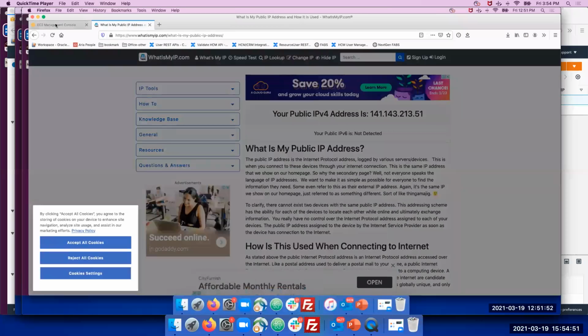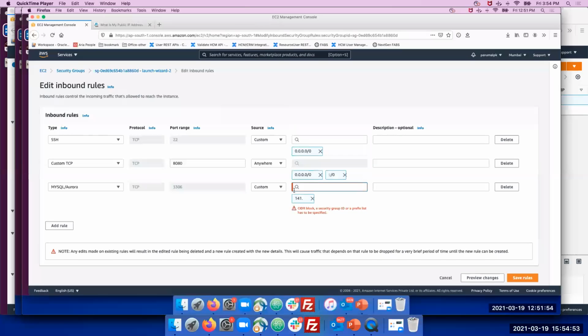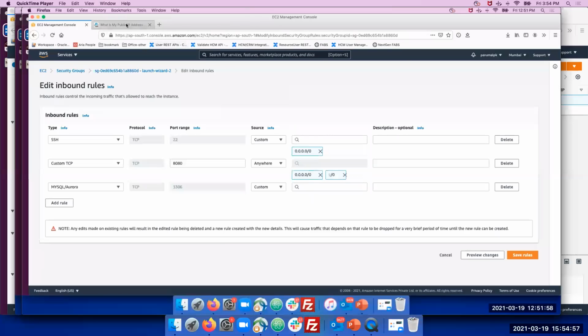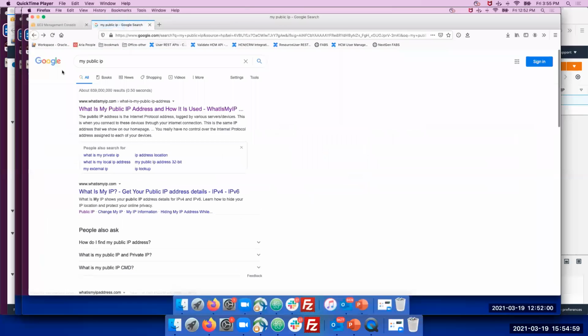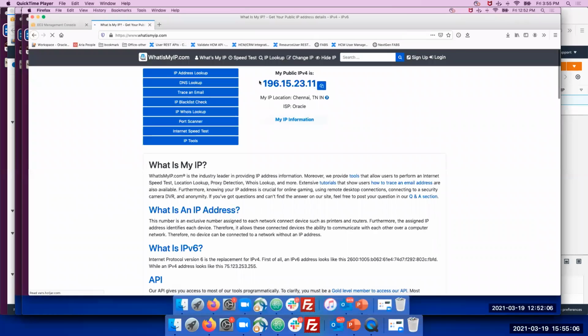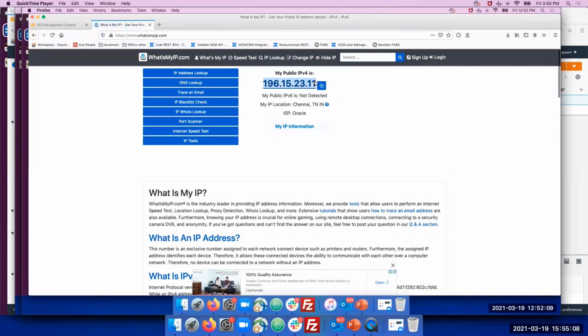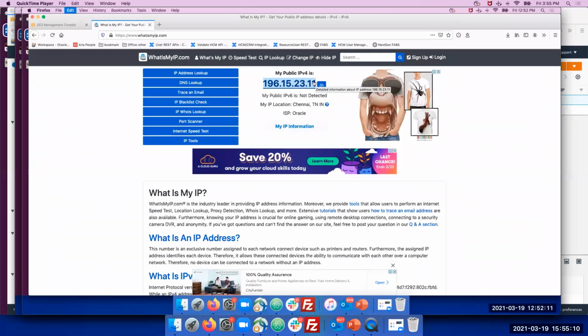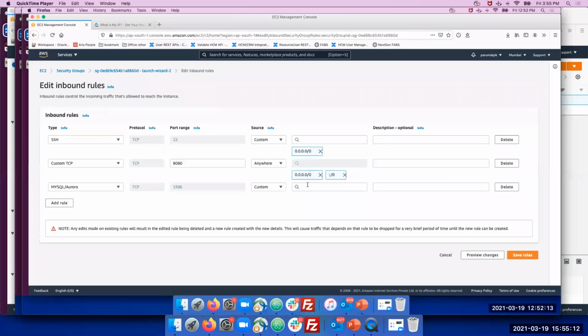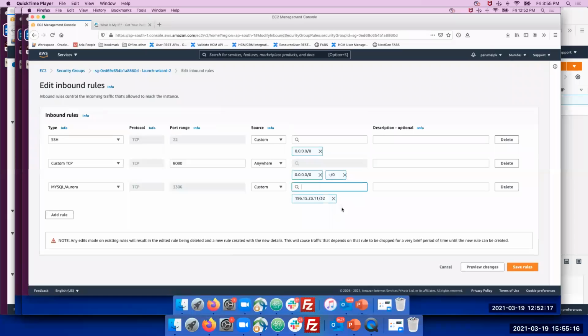Let's try another website. Okay, what is my IP? It's copyable, so we can copy it. Once you copy it, you can paste it here, and when the drop down comes, you can select it.